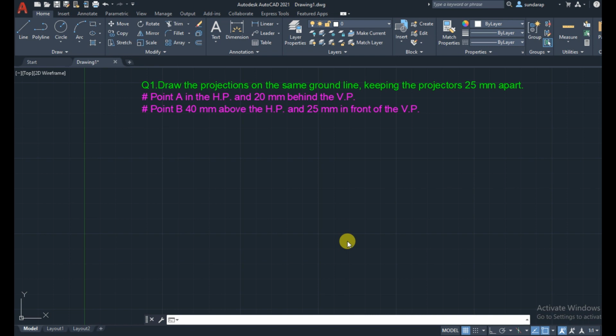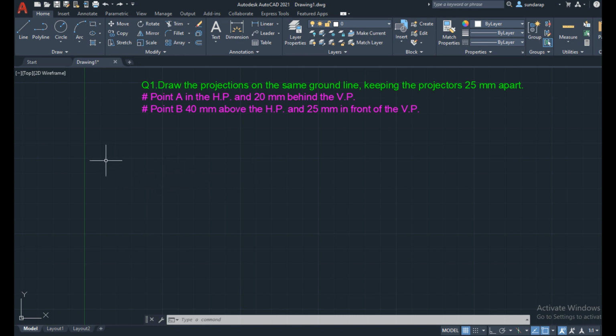Hi, in this video I will show you what is projection, and the projection of a point and projection of a line in simple positions. What is projection? Projection is nothing but projecting the image of an object onto the reference plane. Commonly, two reference planes are used. One is a horizontal plane, known as the ground, and another is a vertical plane, known as a wall.